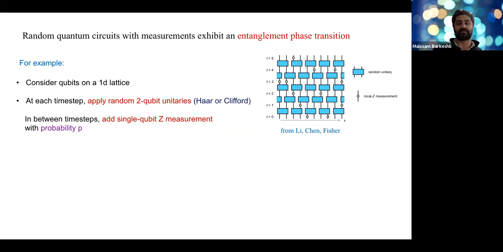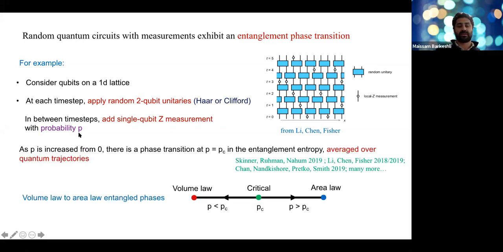So you can really try to understand what's going on in the circuit at large system sizes. At each time step, we apply these random 2-qubit unitaries. And then in between the time steps, we consider the possibility of adding some single qubit measurement in the Z basis with some probability P. Okay. So the entanglement transition is, as you vary this probability for these single qubit measurements, as you increase this